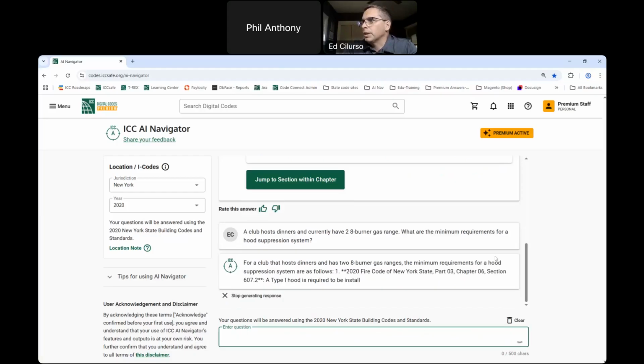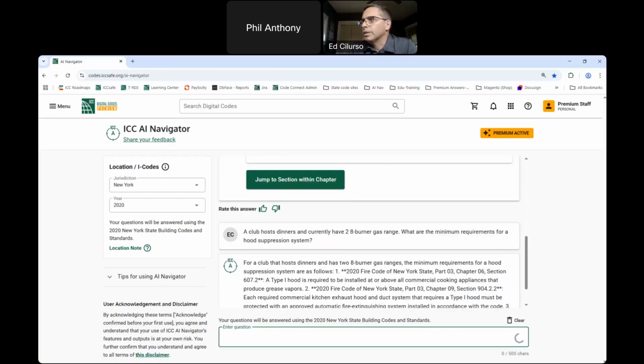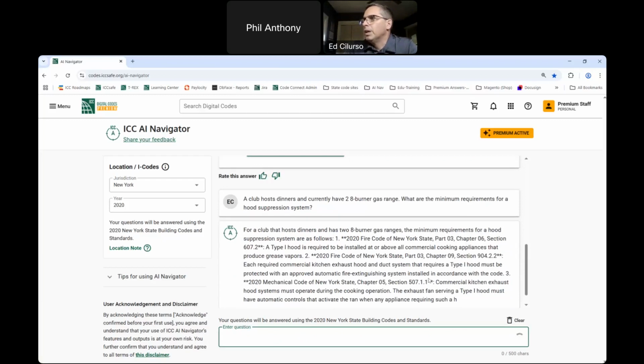It is going to cite the code, and it's doing exactly what I wanted it to do here, which is very directly citing the code first. Right, a Type 1 hood has to be installed at all commercial cooking appliances that produce grease vapors, and it's actually finding multiple sections that potentially apply. In a question like this, where the essence is, hey, what are these requirements, I'm not clearly defining it; words like a club that hosts dinners do not define it perfectly.